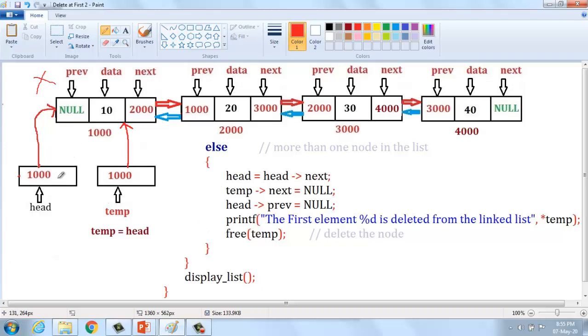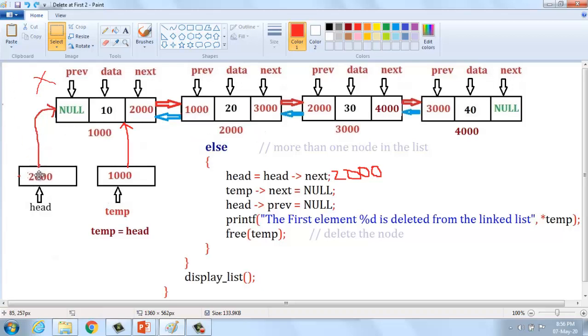What is head? Head is 1000, and 1000 of next is 2000. The head pointer changes, that is, head equal head of next is 2000. Automatically head equal 2000; head should be changed into 2000.